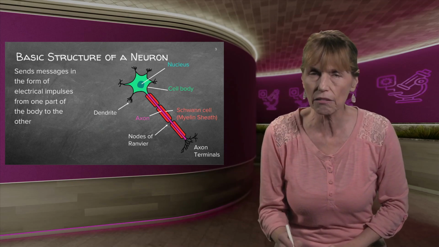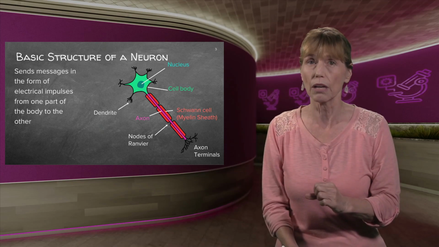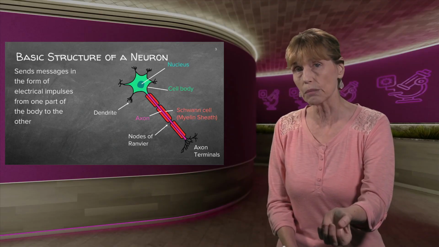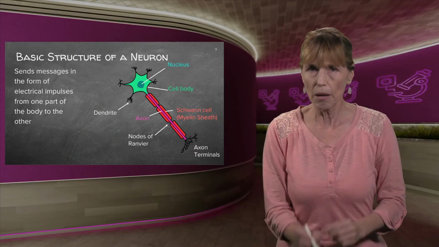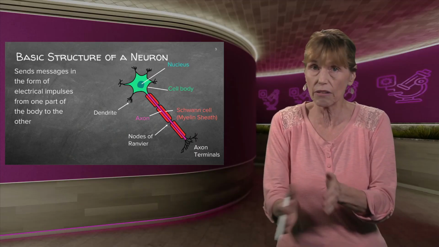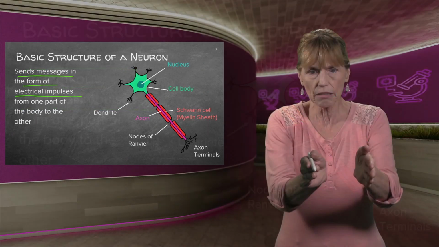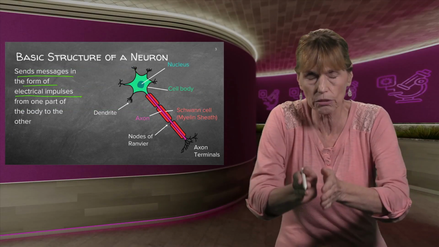And the basic structure of a neuron is incredibly important because if you get it now, you'll understand most of what I'm going to explain to you when you get to matric. Remember, we're still doing this 3-year degree called matric. Okay, it sends messages in the form of electrical impulses from the one part of the body to the other. And you have different neurons depending on where it goes. It's like a two-way double highway. Incoming traffic never crashes into outgoing traffic.